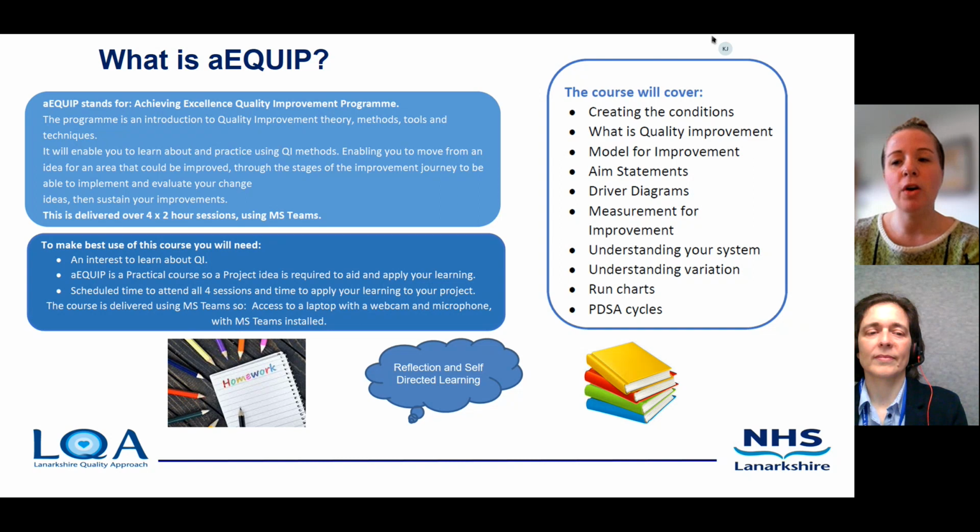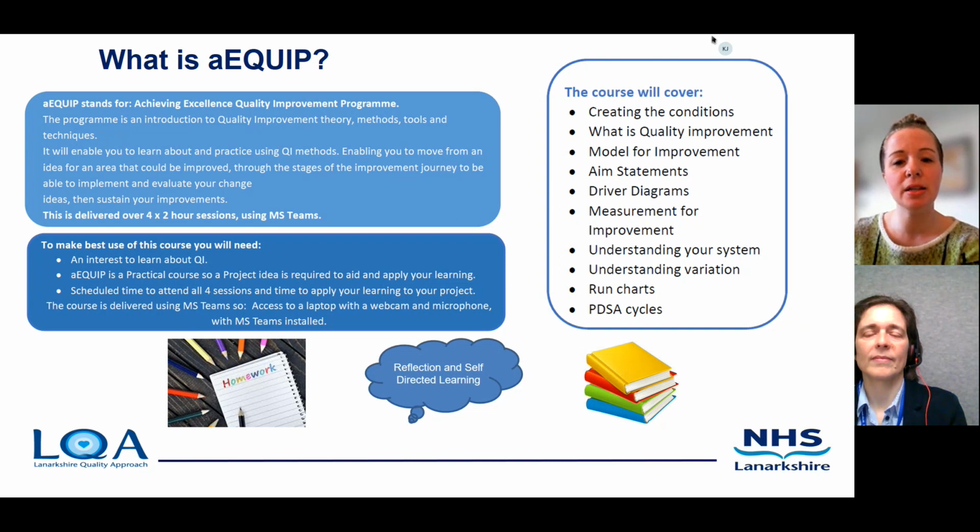aEQUIP is an appropriate programme for anyone with an interest in learning about quality improvement. It's a practical course, so we ask that you bring along a project idea to help you apply your learning. There are four two-hour sessions, which we ask everyone to attend, and we also ask that you allow yourself time to apply the learning with homework following each of the sessions. This course is virtual and delivered in Teams, and it covers the following